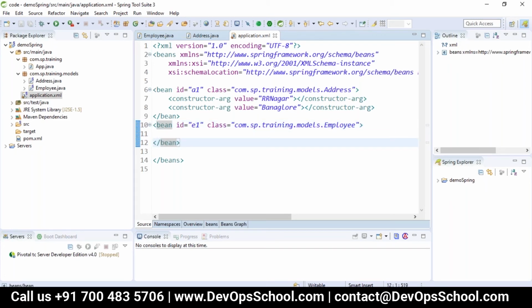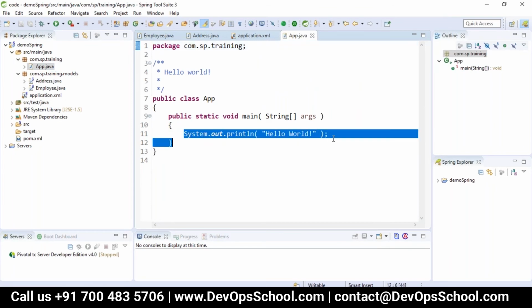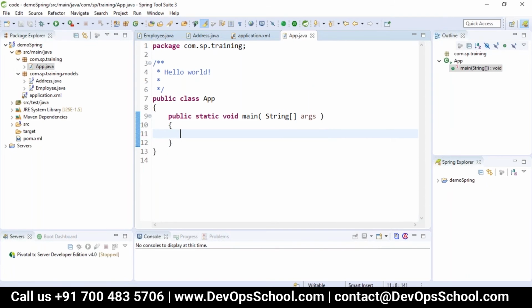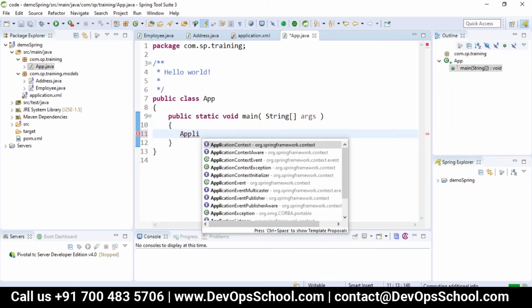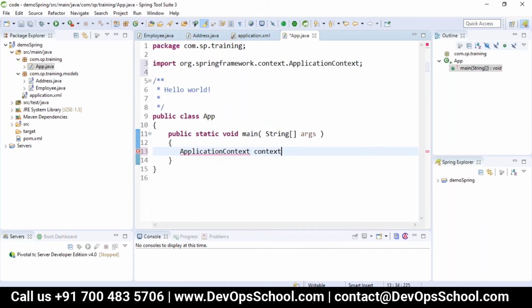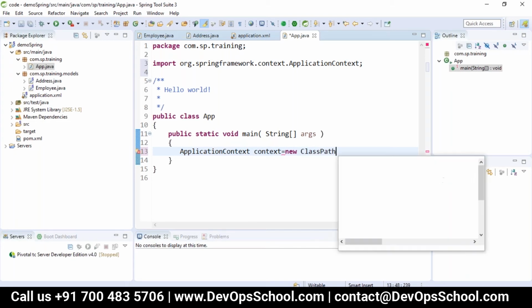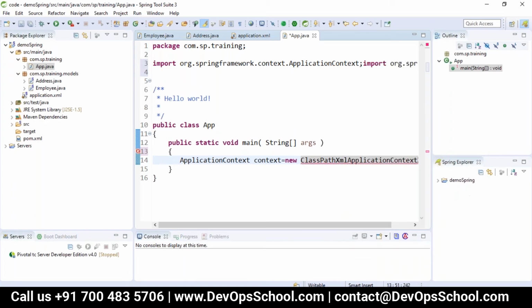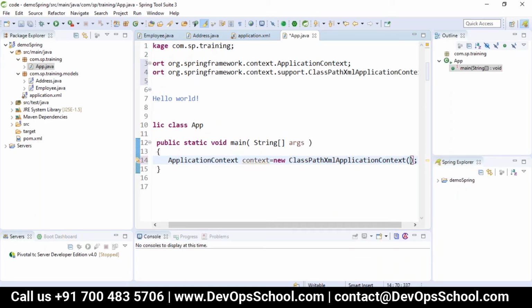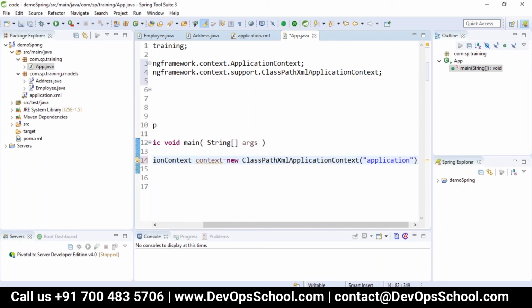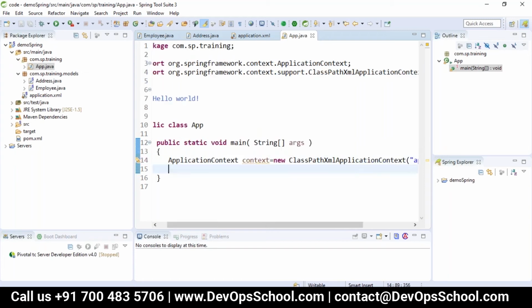So I have the employee object and the address object here. I just have to load these values. In the Spring way, I should load them into my Spring container, that is either BeanFactory or anything. I'm just using ApplicationContext equals ClassPathXmlApplicationContext. The XML file name is application.xml, and I will get it here.